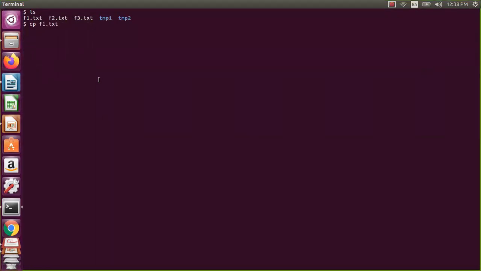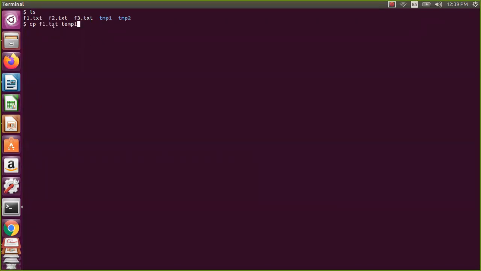Now let us assume I need to copy into this particular temp1. Let us assume that instead of temp1, I give a different name. What happens? Generally, some would say there will be an error, or it will create a directory, but nothing like that.